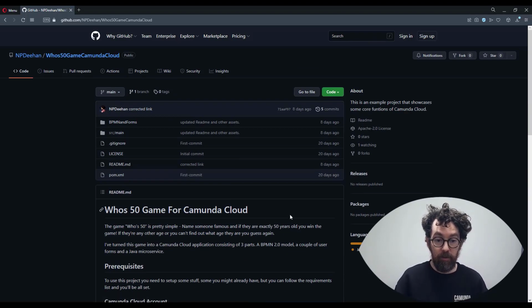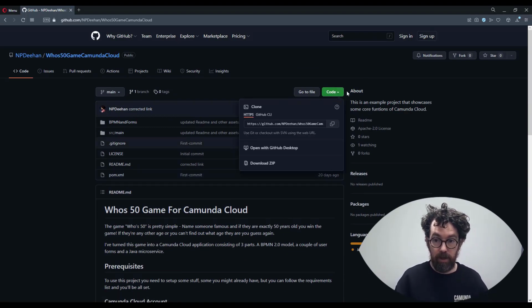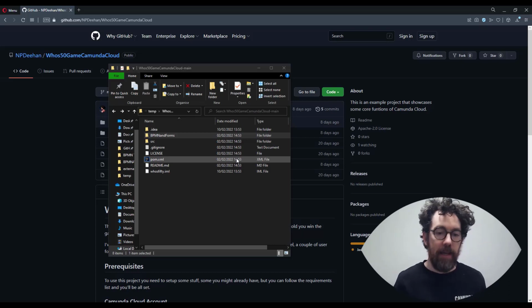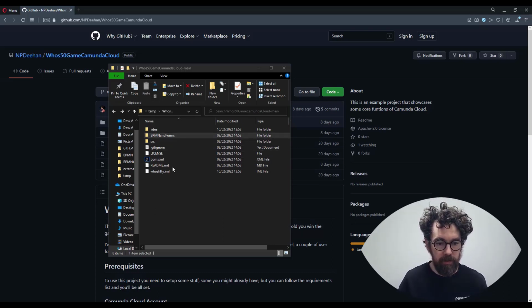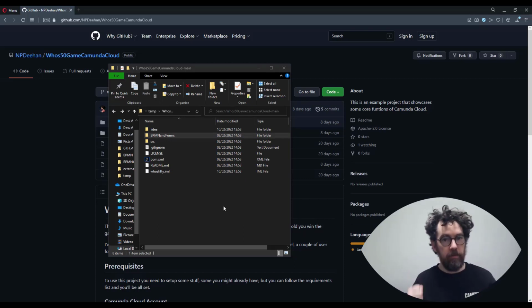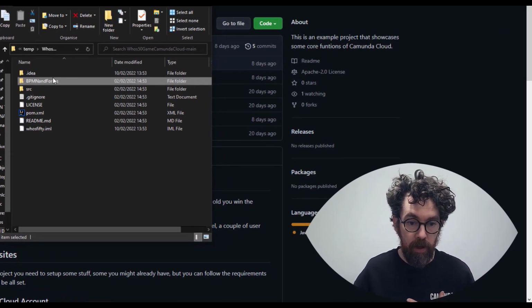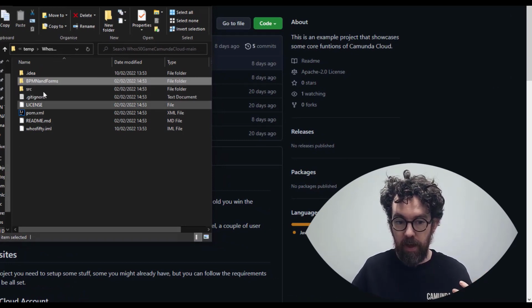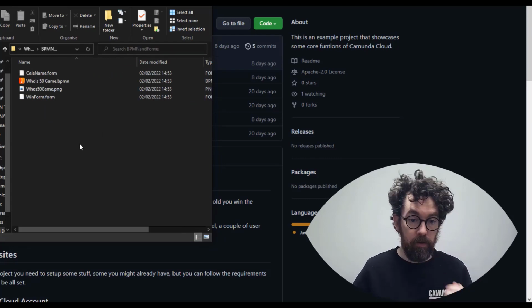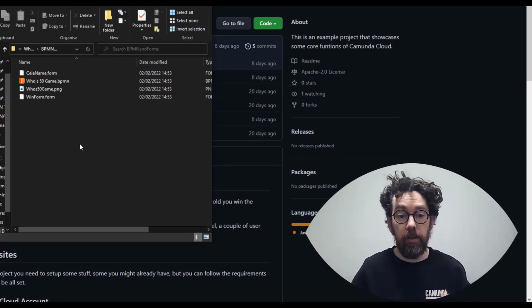You start off in a very simple way. You just need to clone this project. Click on code and download the zip file. And once you have that unzipped, we will take it from there. Well, I have downloaded and unzipped the file, and here it is. It's got a bunch of stuff in it. There's a few different aspects. The two components that are most important are the BPMN and forms, and the other component is the worker that does the work. You can see here that the forms are right here, and the worker is basically everything else. So let's start off doing the easy thing, which is deploying our model to the Camunda Cloud.